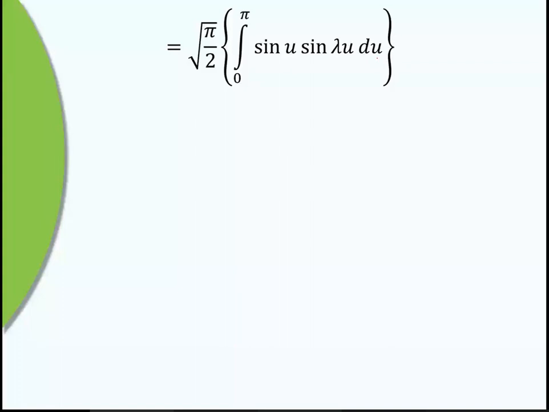Now we have to solve this integration. If you have only a single sine term, we get the integration directly by the standard formula. But here there are two sine terms, a product of two terms, and both are sine. If we try integration by parts, we know that the integration of sine will not vanish. So integration by parts, the generalized rule or any other rule is not convenient here. There is no direct formula for the integration of sine into sine. So we have to simplify this term so that we can use standard formulas.